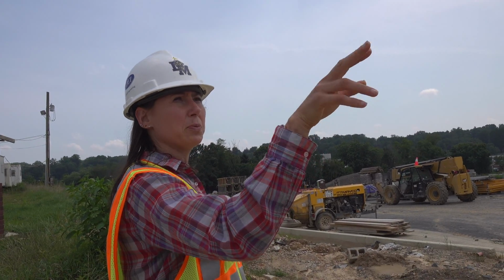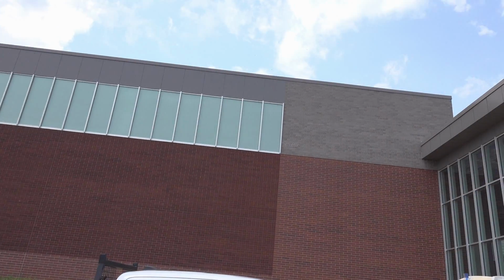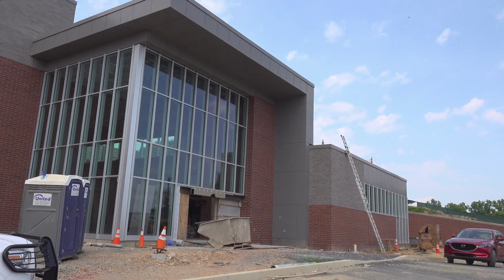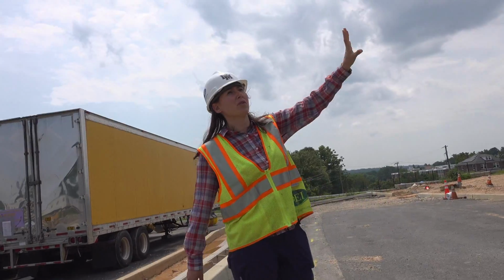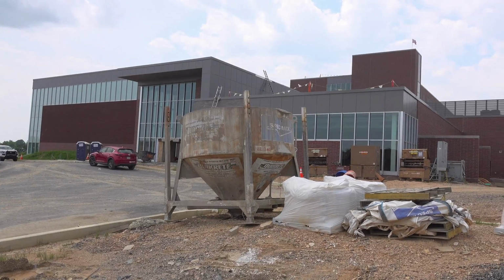Over here they finished putting the capping on the fascia on the roof, so now it has a finished look, because you can see over here there's some of the stainless steel still showing, and then you have the gray. That's the gray is the permanent capping. Here you can see a little bit more of the final finish of the entryway, and all of the gym